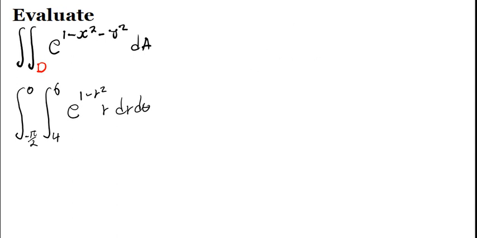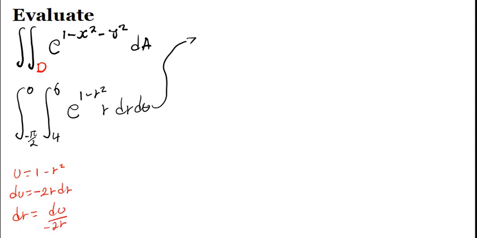Okay, so let's go ahead and integrate the inside part. The method you can use to simplify your work is u substitution. You're going to let u be equal to 1 minus r squared, meaning your du will be equal to minus 2r dr. Observe that your dr will be equal to du over minus 2r. So this now becomes, from minus pi over 2 to 0, I have minus 1 over 2 from this portion here. I can just write it on the outside, since it's a constant, minus 1 over 2,